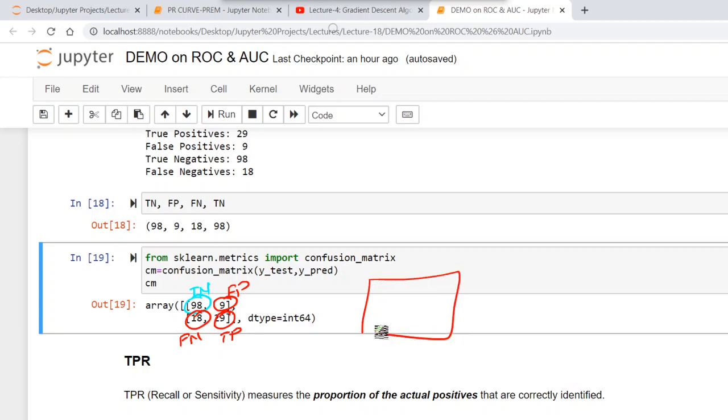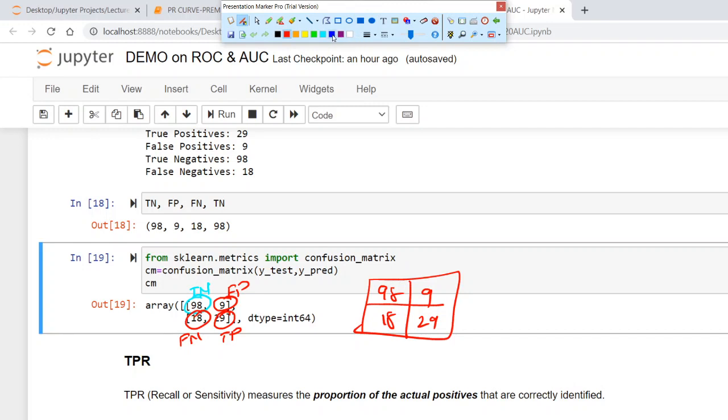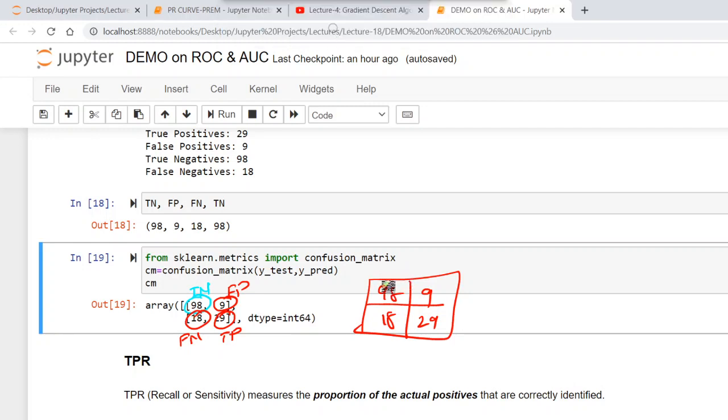The values are 98, 9, 29, 18. This is the true negative, false positive, true positive, and the false negative. This is negative positive, the predicted values, and this is the actual values. Okay.